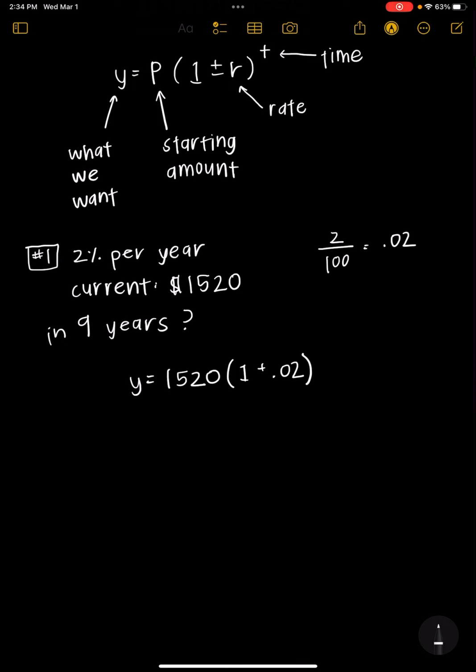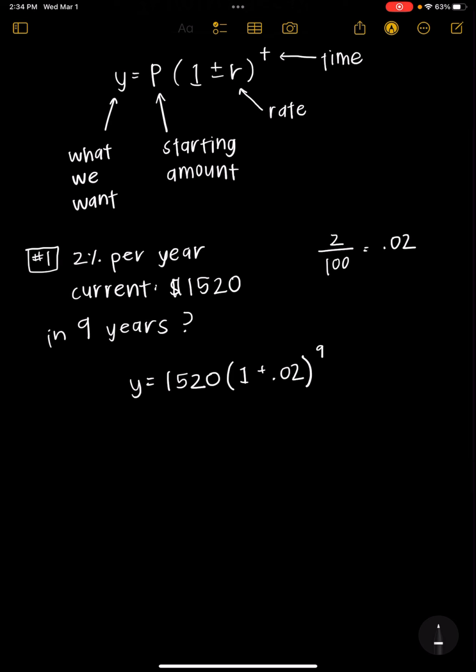And then your T stands for time, or how much time we're going to let it sit there. We're asking what the balance would be in 9 years. So I'm going to replace the T with 9. Okay, now we're just going to plug that into a calculator and make sure that you put the parentheses in where we have them. And what I get is that y is equal to